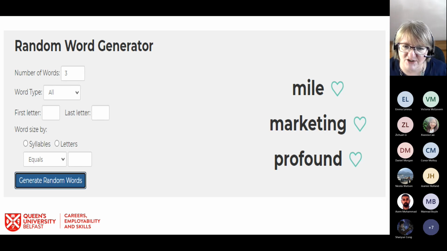It would be really interesting to see if you became faster at making connections if you did this on a regular basis. But that is the idea, that if you work on these sort of tools, you do become somebody who can more readily see those sort of connections and develop those concepts. So the random word generator can be a good one too.